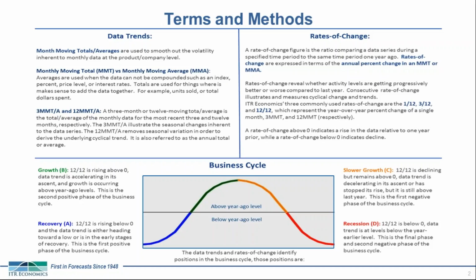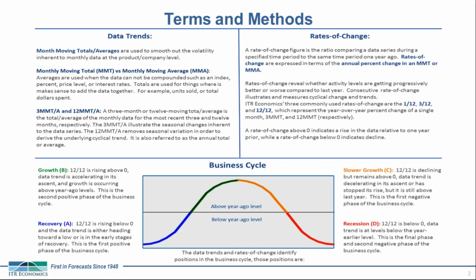You'll see that we use both moving totals and moving averages, and the difference between these is simple. We use moving totals when various aspects of the economy are able to be logically summed up. You can imagine using moving totals for metrics such as units shipped or total dollar valued sales. Moving averages are more useful when summing up different metrics of the economy doesn't necessarily make sense. Imagine production indices or rates of change.